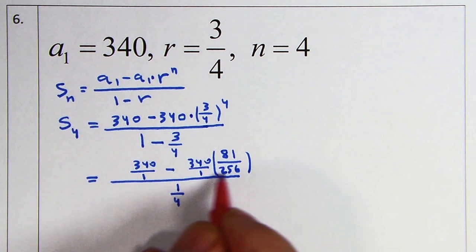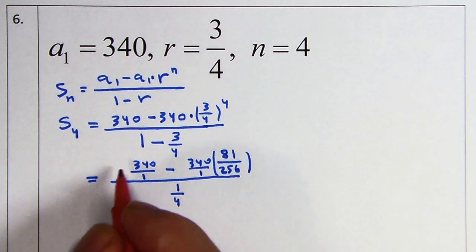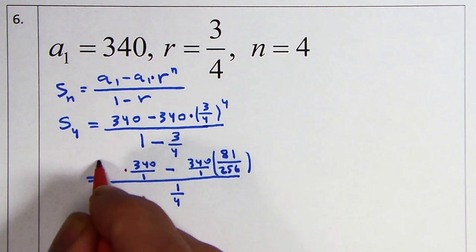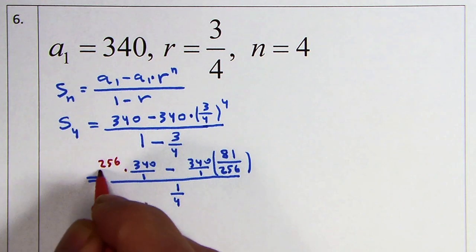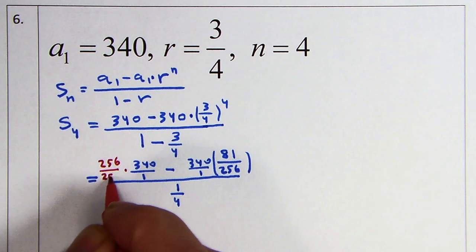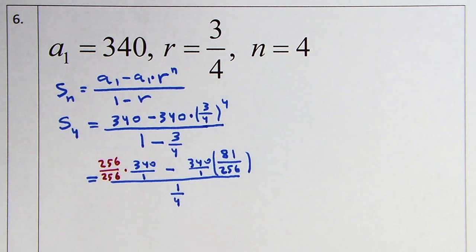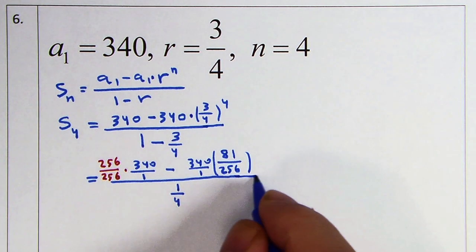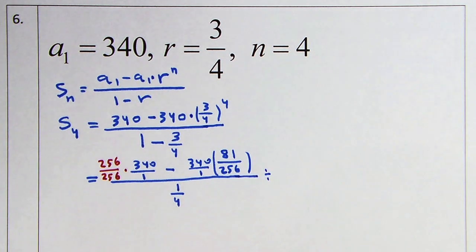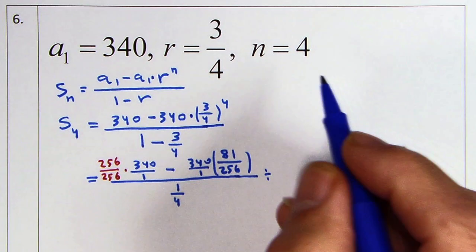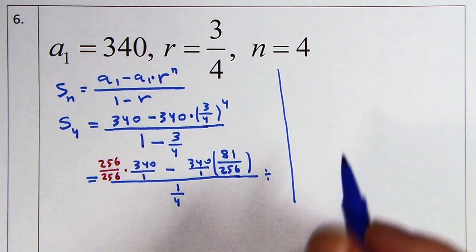To have a common denominator, which is 256, we need to multiply this by 256 over 256. And of course, the main division bar will change to multiplication, and we're going to flip 1/4 to be 4 over 1. So what do we have here